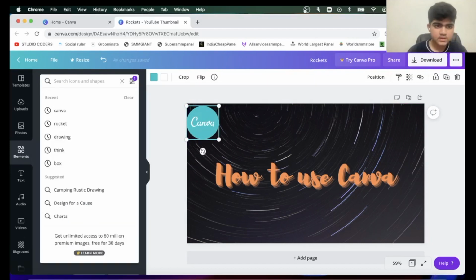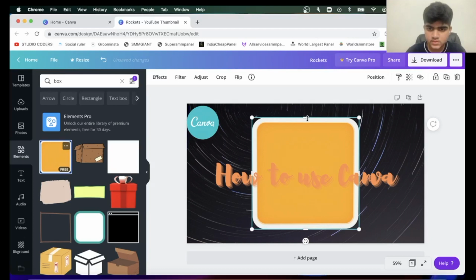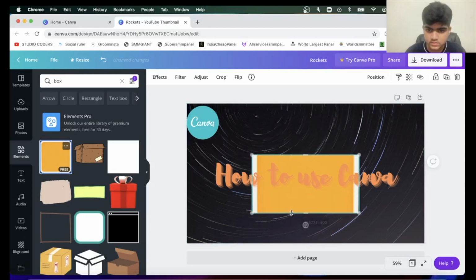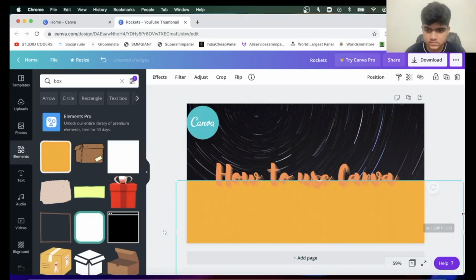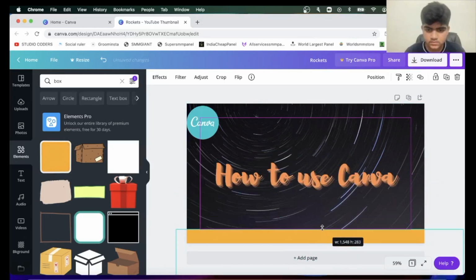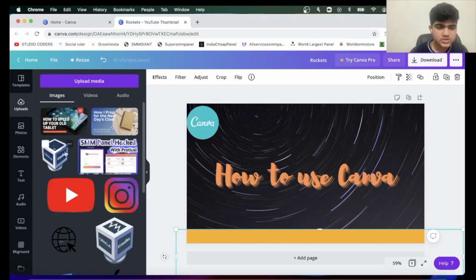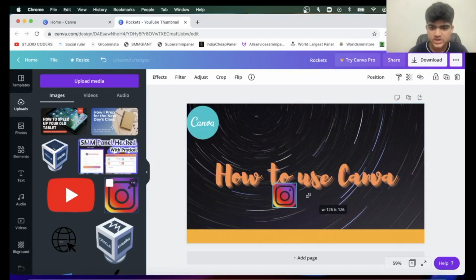Then like a box, you can just resize it. This can be a footer, and then we can put here an uploaded image, like an Instagram image.